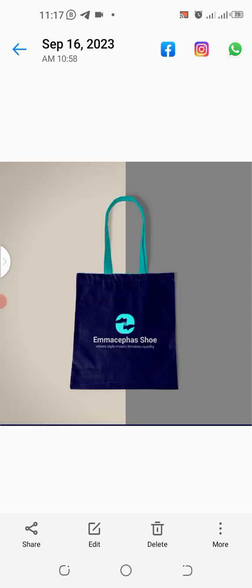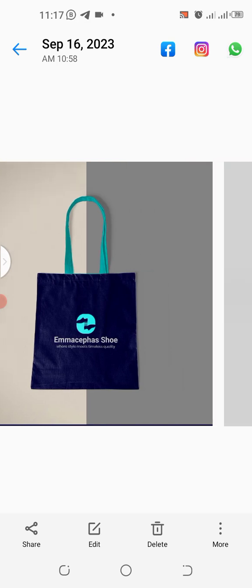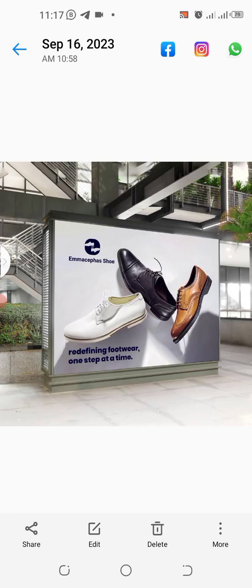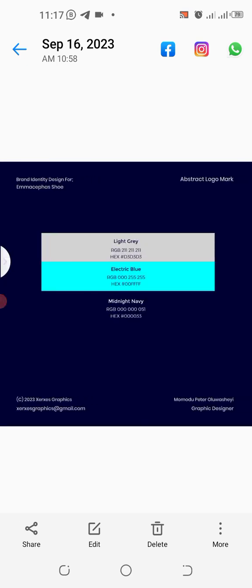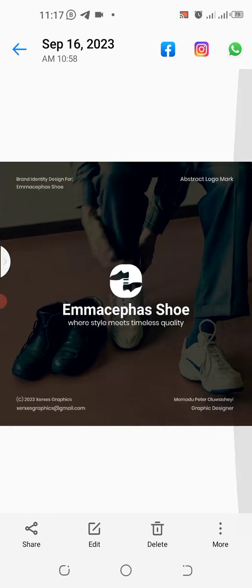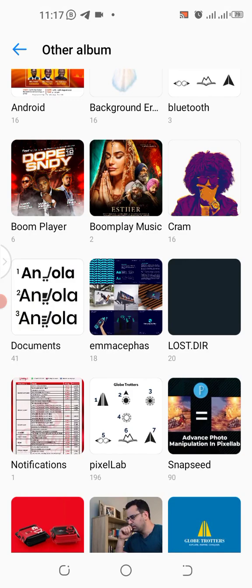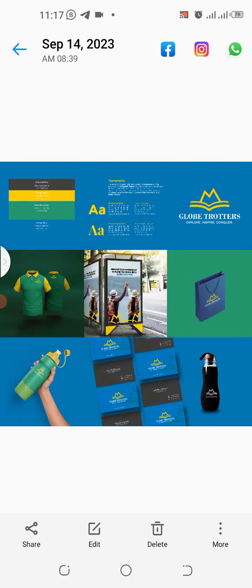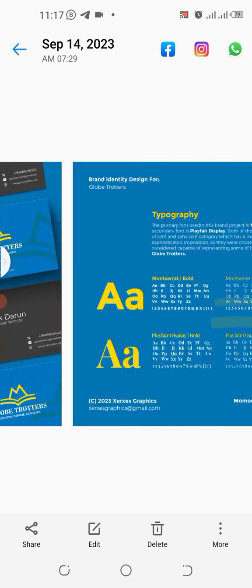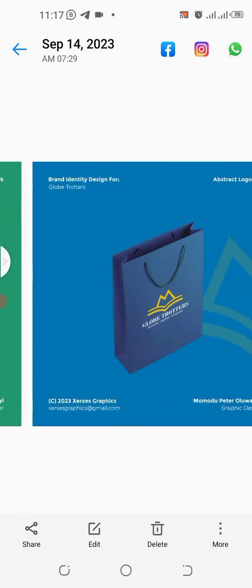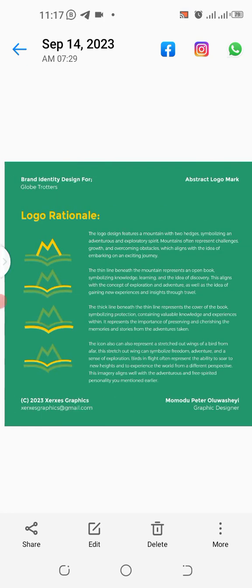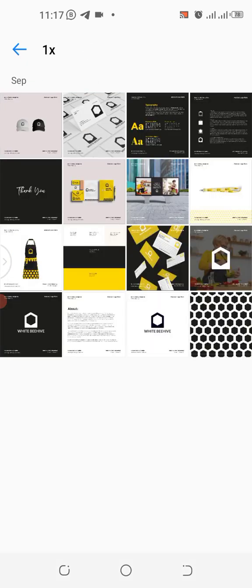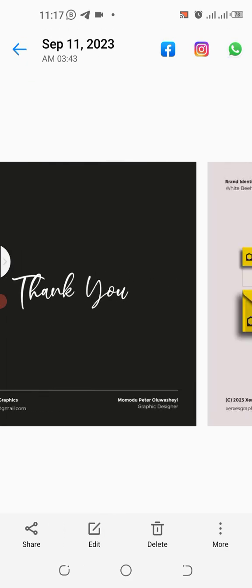For example, you can get this, this, this, and these mockups will actually help you in making your design pop out. Like you have some of these, something like this. So you get the mockup, this one, the bag. I'll be sharing with you some of the mockups,